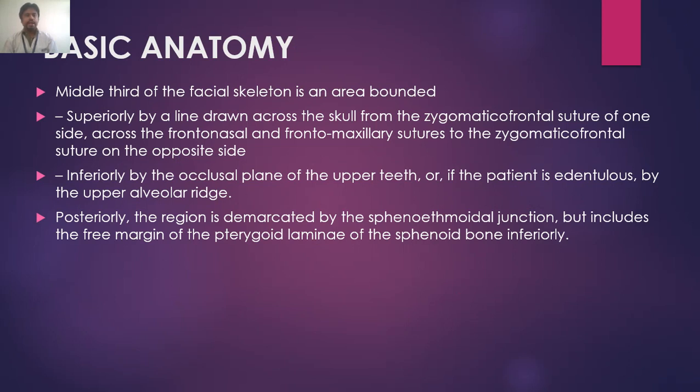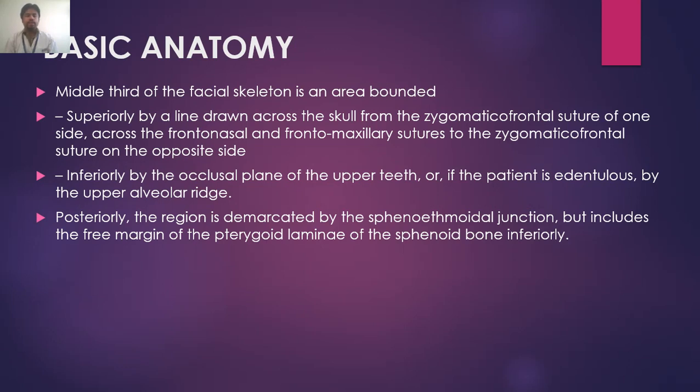So coming to the basic anatomy, the middle third of the facial skeleton is an area bounded superiorly by the line drawn across the skull from the zygomatico-frontal suture of one side, across the frontonasal and frontomaxillary sutures, to the zygomatico-frontal suture on the opposite side. Inferiorly by the occlusal plane of the upper teeth, or if the patient is edentulous, by the upper alveolar ridge. Posteriorly, the region is demarcated by the sphenoethmoidal junction, but includes the free margin of the pterygoid laminae of the